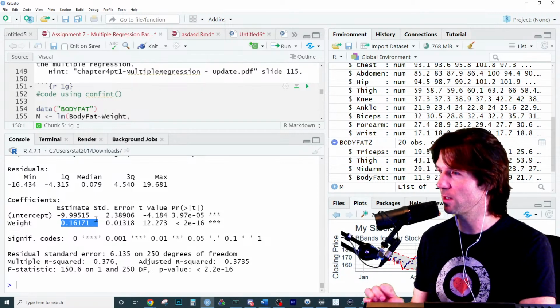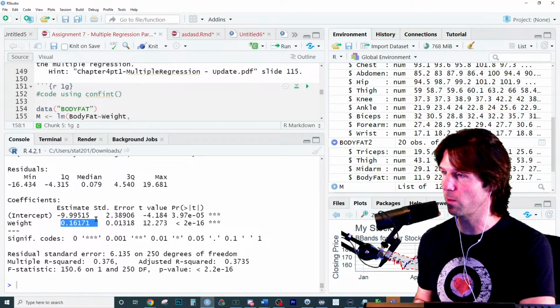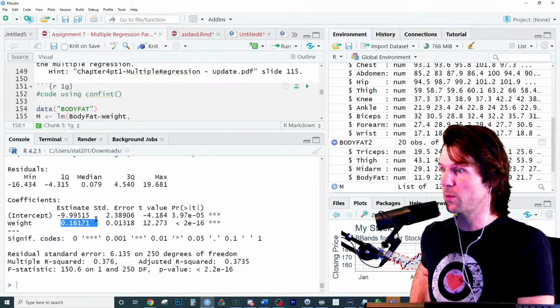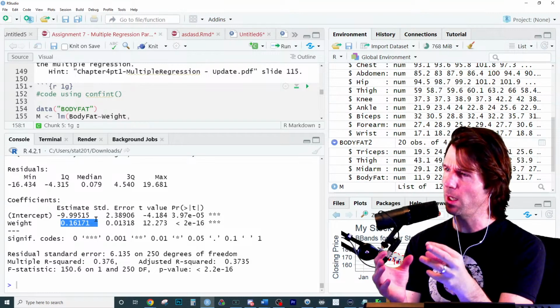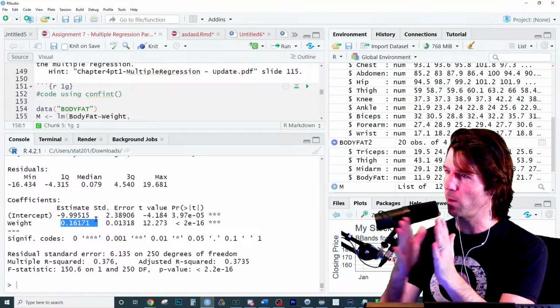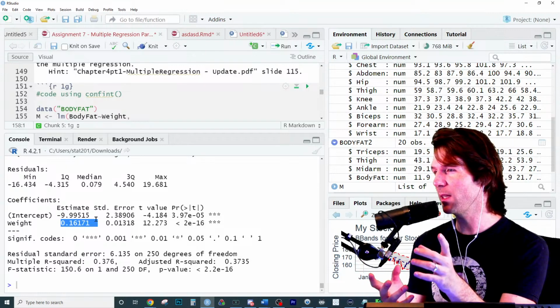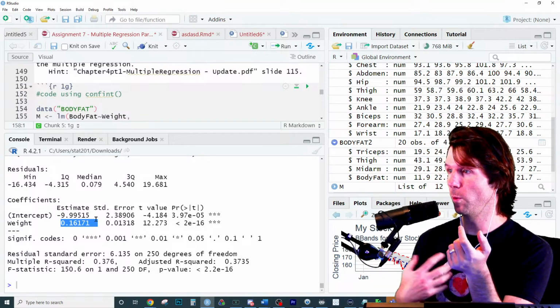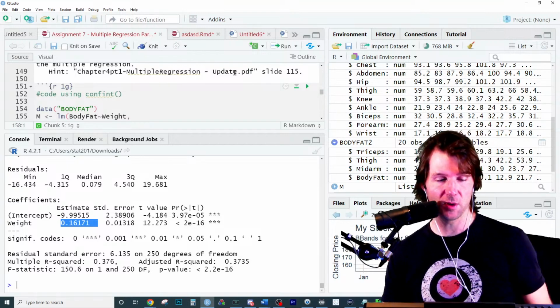That's the univariate. There's a small change in the multivariate world coming up. And this is the advanced interpretation, Evan, that is very, very specific, where we say if we have two people and they differ by 1 pound, then I'd expect them to differ in their body fat by 0.16. With a person who weighs more, I'd expect them to have the higher body fat percentage.